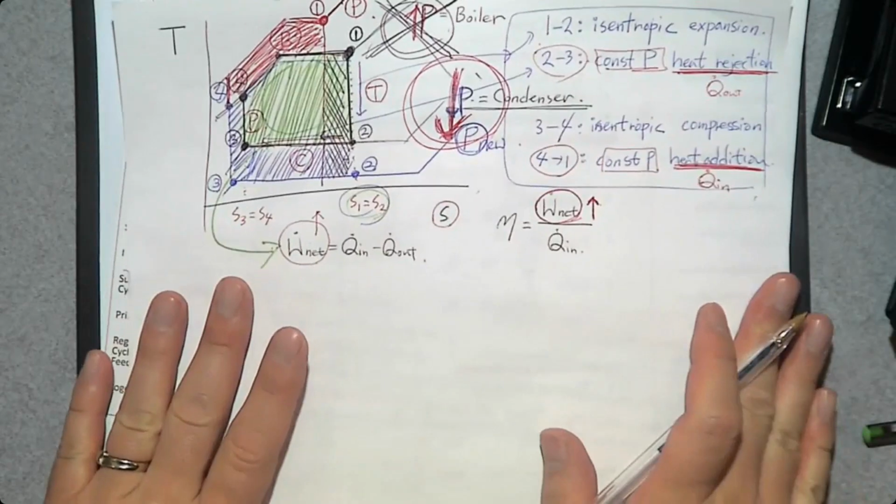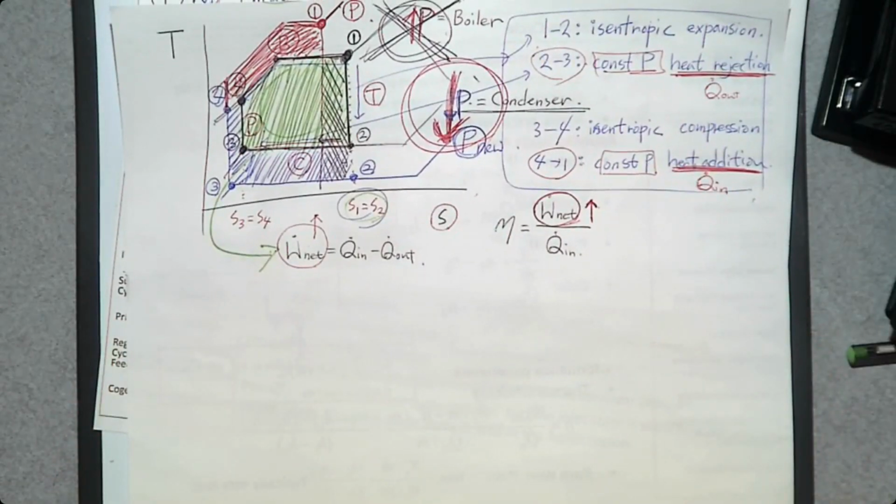Then we need to come up with another way to increase the enclosed area. So one way we can do is we can decrease the condenser pressure, but we cannot decrease the condenser pressure down to the vacuum or something. There is a limit, right? So we need to find another way to improve the thermal efficiency of this Rankine cycle. But increasing the boiler pressure may not be the option because we are losing this much net power. So one thing we can do is